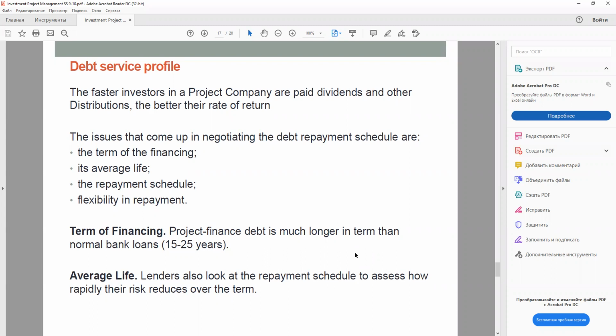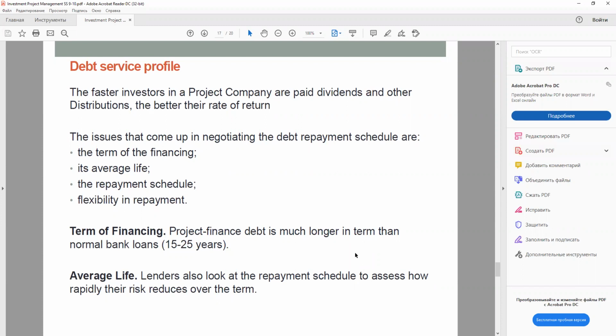Another factor that may affect the financing term is the location of the project. If it is in a high-risk country, the term of the financing will usually be shorter than the same project in a low-risk country. The notional term of the financing may be lengthened by the use of cash sweep arrangements. Please know this notion of the cash sweep arrangement. We'll discuss it later in detail.